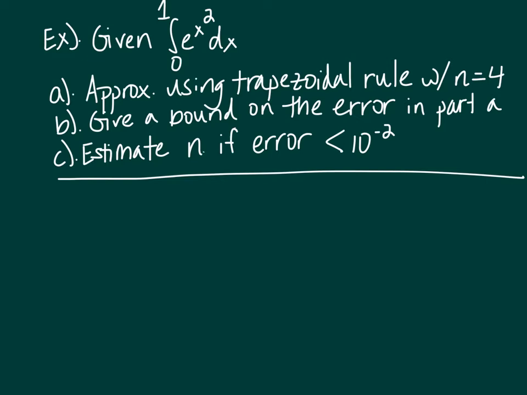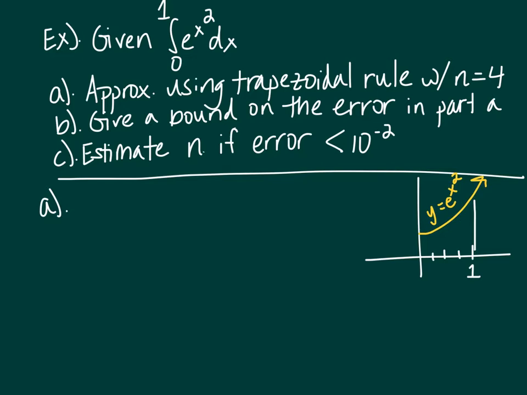Okay, so first go ahead, put this on pause, and based on what we've done in class, we'll start with part A. See if you can give me an approximation using the trapezoidal rule. Okay, so just from a picture perspective, we can remember what we're doing with this rule. If I have n as 4, then I'm trying to divide this up. So my delta x at the bottom is going to be the length of my interval, which is just 1,